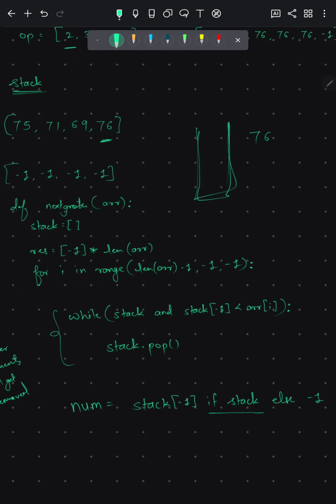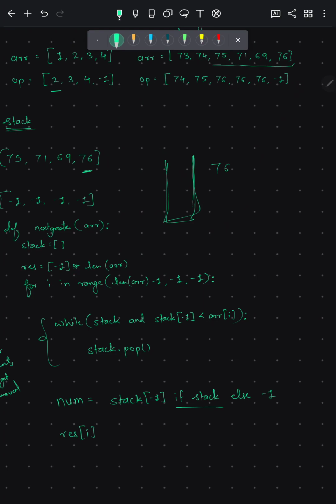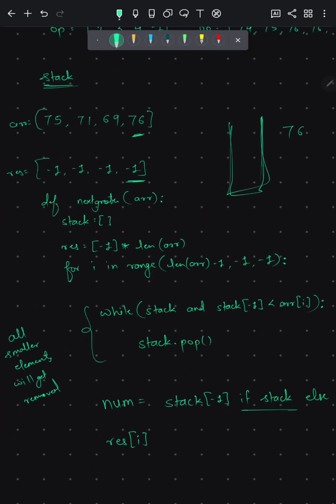So else -1. So num will be -1, and we are just going to do result.append num, not result.append, sorry, result of I, because we need to put it here, right?